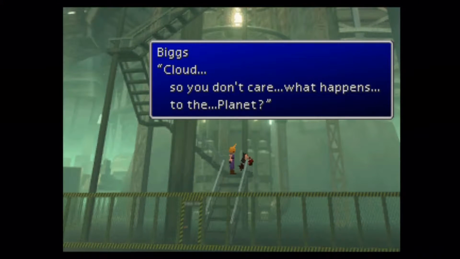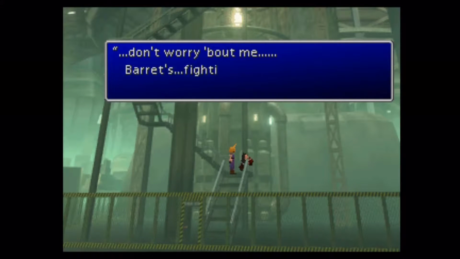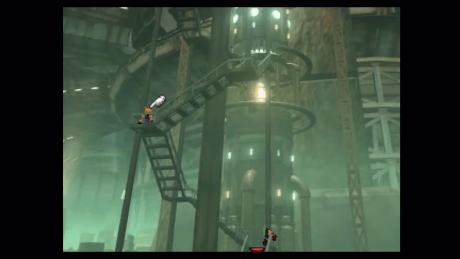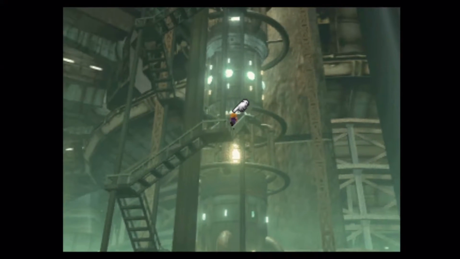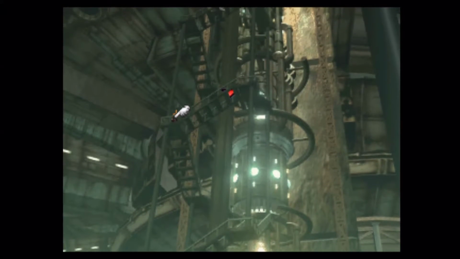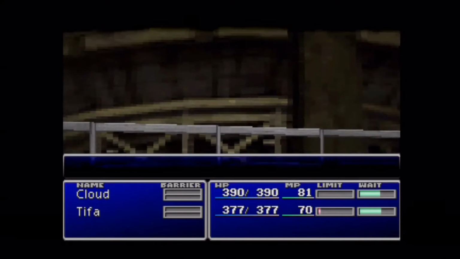Here's Biggs. It looks like he's not doing so good here. He's kind of hunched over the railing. That looks super uncomfortable. Would you really not help him down? Maybe his back is hurt or something like that. Maybe it's like a therapeutic thing. I know I'm stretching here, but...